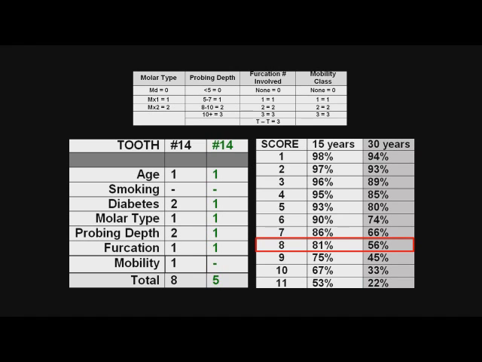Now remember, on your score sheet, what we're striving for is to keep the score less than 5. But to get it down to a 5 on a 75-year-old with a generalized periodontitis, ladies and gentlemen, that ain't a bad deal. And we've gone from an 81% chance up to a 93% chance of keeping the teeth for